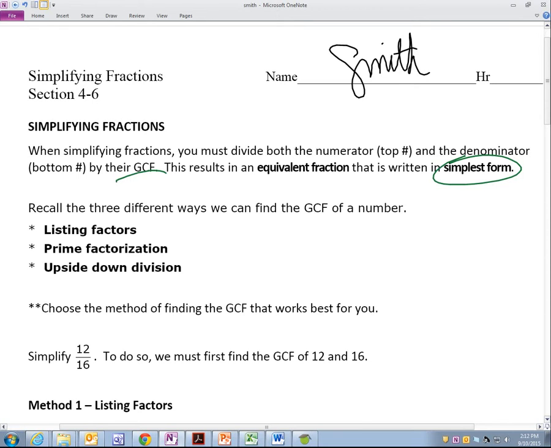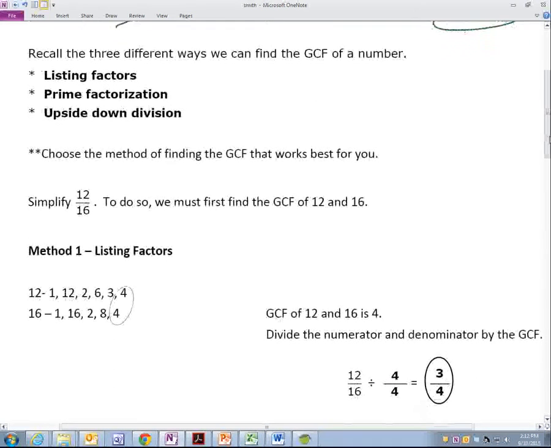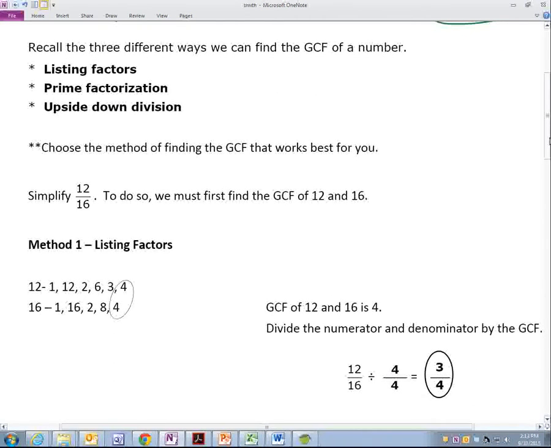So these are the 3 different ways that you can find the GCF of a number. This is from yesterday's lesson. So first one is listing the factors. That's with the commas, not cross it out. Prime factorization and the upside down division. Okay? These 2 here are my favorite. This guy here will also get it, but I will teach you how to do each of them. So you're going to choose a method that works best for you. Whatever one you like the most, whatever one you can do that will reduce the amount of